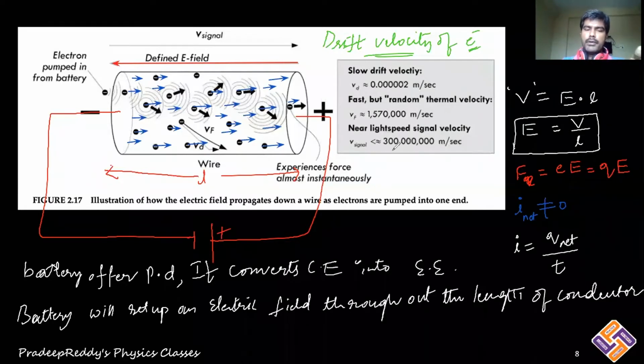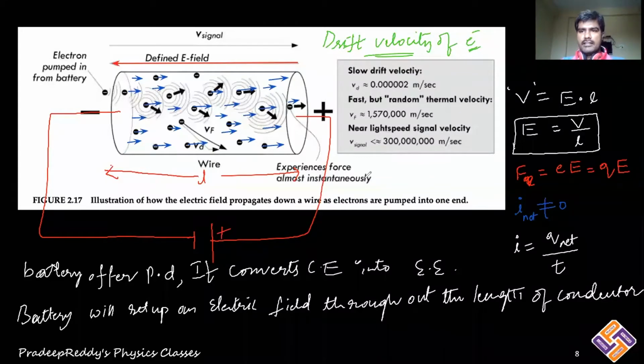Suppose if there is a positive charge over here, the positive charge will be drifted in the direction of the electric field. As we are dealing with only electrons, because electrons are responsible for the electron current within the conductor as they are able to move freely in a conductor, all the electrons are forcefully moving in the opposite direction to that of the electric field. Therefore, electric current is set up in the opposite direction to that of the electric field. So electric current is always taken in the direction from the negative terminal to the positive terminal.